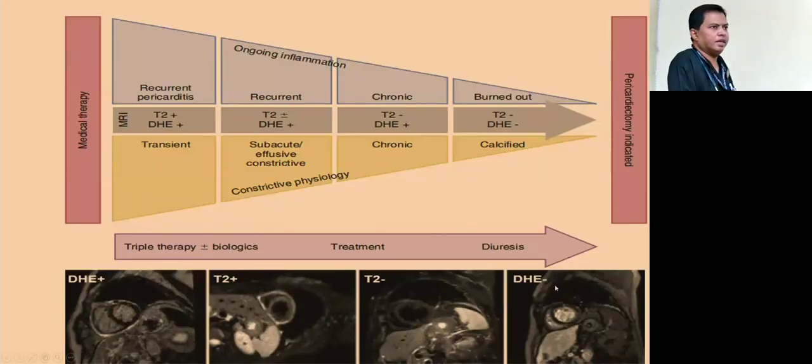So here these are the cardiac MRI images. In cardiac MRI images, there are two things to look for. One is the delayed hyperenhancement, DHE, and another is the T2 STIR images. So this is the heart. Here we see the calcification. This white thing is the calcification which we see in the early acute phase, and then afterwards when it is burnt out, we see that it